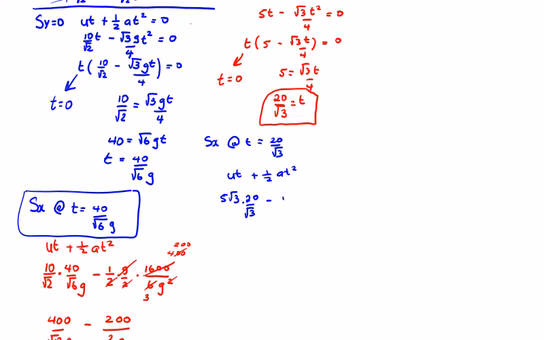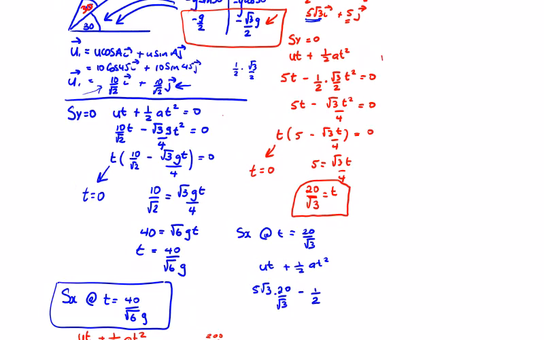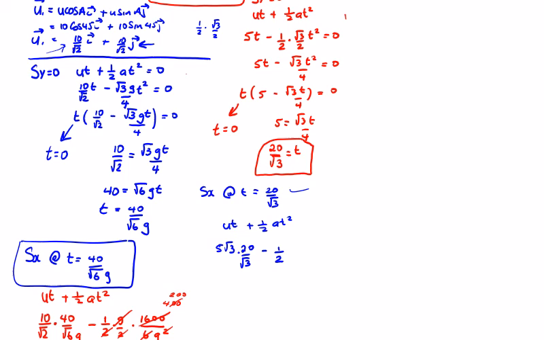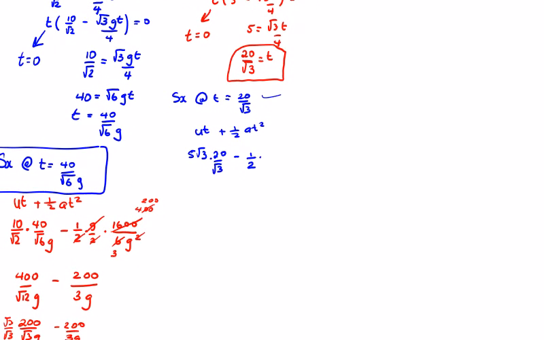Then we're going to have minus the half, bringing in the minus acceleration. Acceleration is g over 2 from up here, times g over 2 times t squared, which is going to be 20 squared, 400 over root 3 squared, which is 3. So we're going to get 100 minus 2 2s are 4, it goes into 250 times. So we're going to get 100 minus 50g over 3. Does that look right? 50g over 3. Okay,